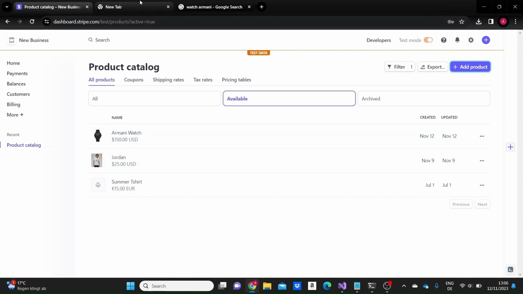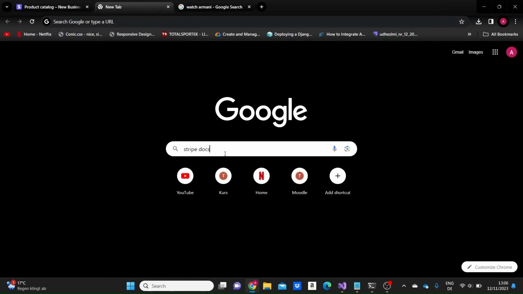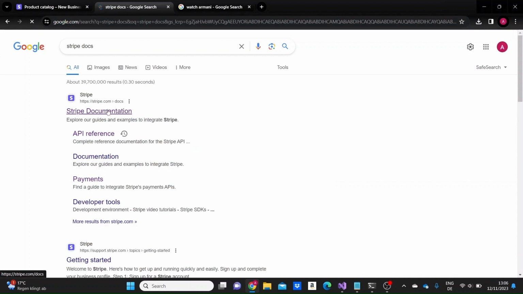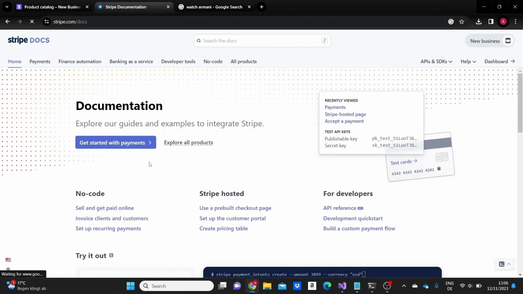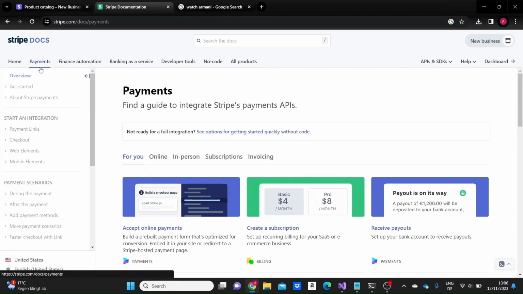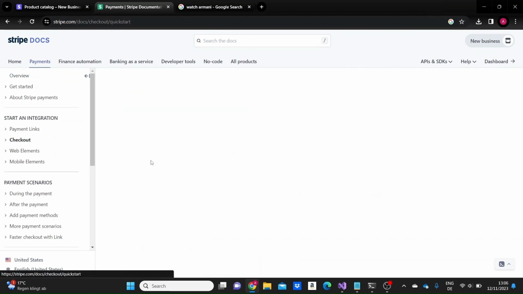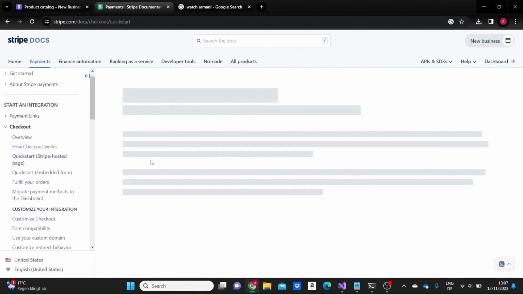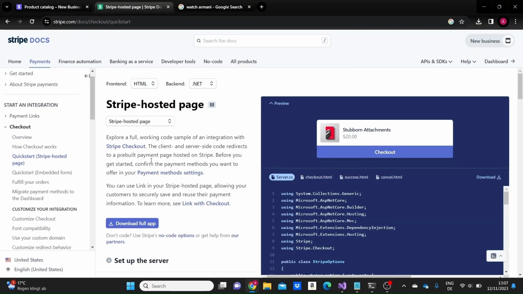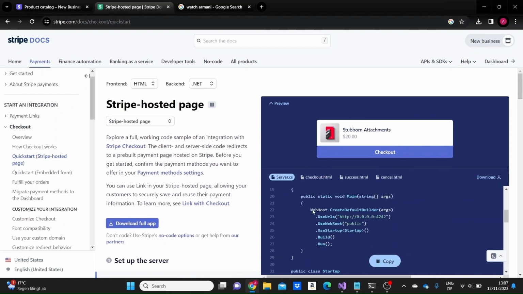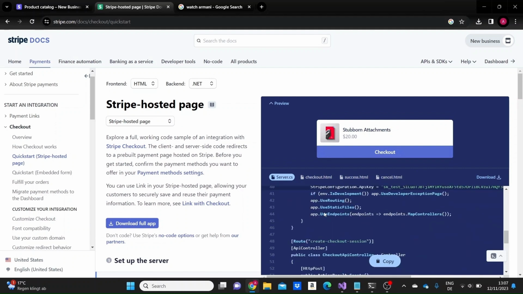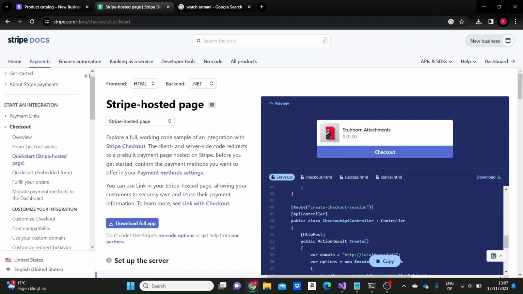And what we're gonna need to do now is go to Stripe documentation, and here let me just go to payments. Here we'll actually get the code to create our payment, to accept online payments. Stripe basically gives us all the documentation we need. It's a very simple process. Here we have a server.cs class, with the main method being this create method here,